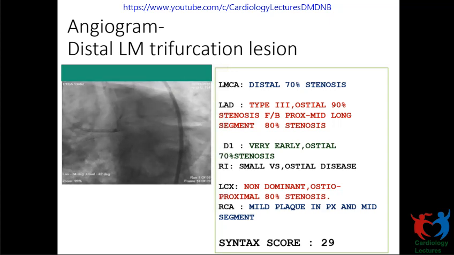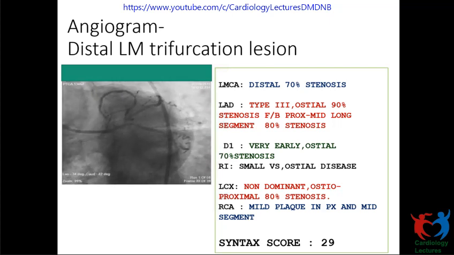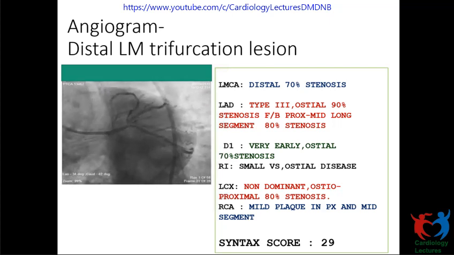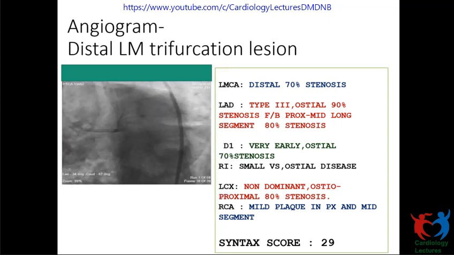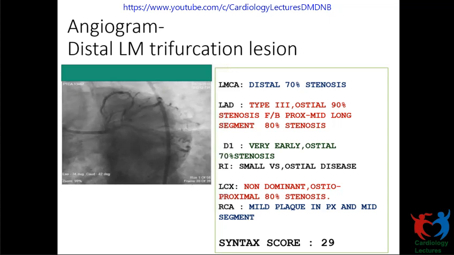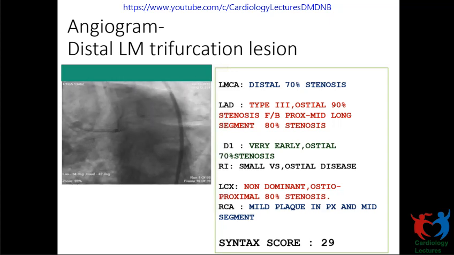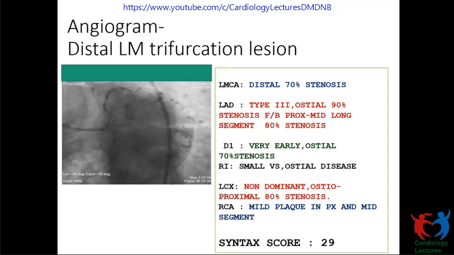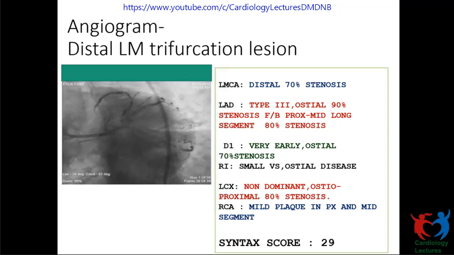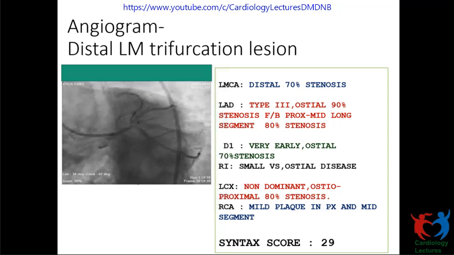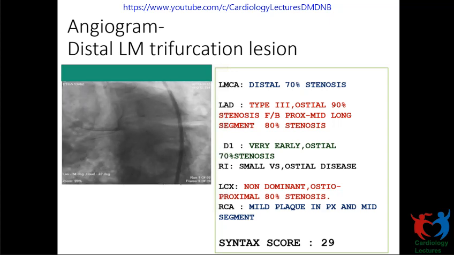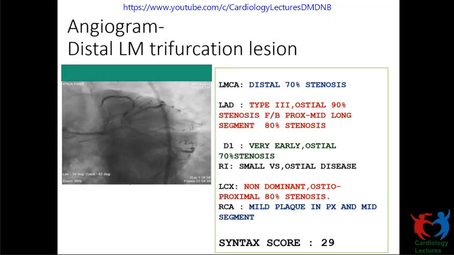In all these cases, without imaging, it is not advisable to depend directly on an angiographic picture. This is not critical enough that doing an IVUS will precipitate ischemia in this patient. So definitely I will do the imaging first before taking a decision, not just depend upon an angiogram. If the patient becomes ischemic, then I will withdraw and directly go for the DK crush. Or otherwise, first I will do the imaging.